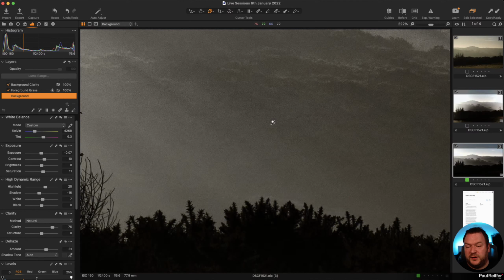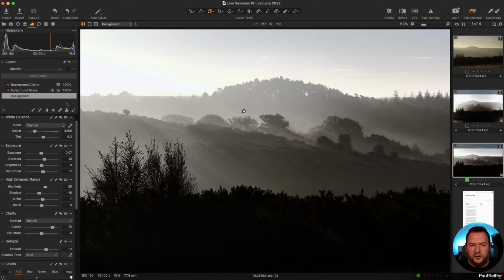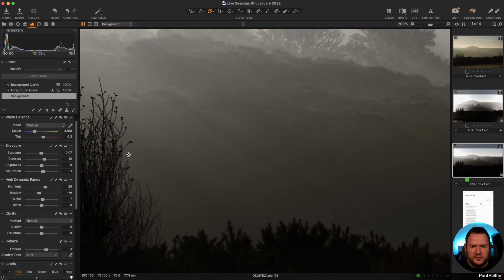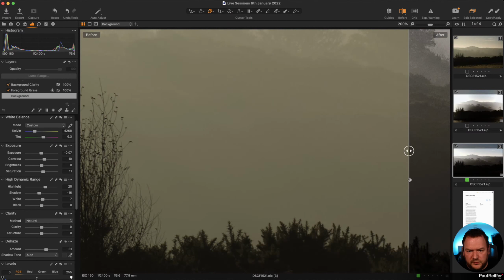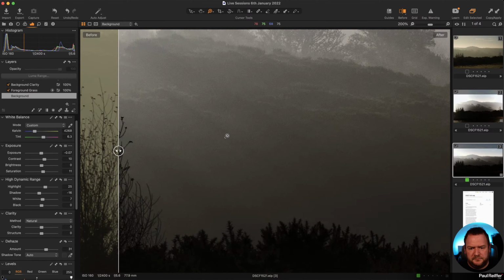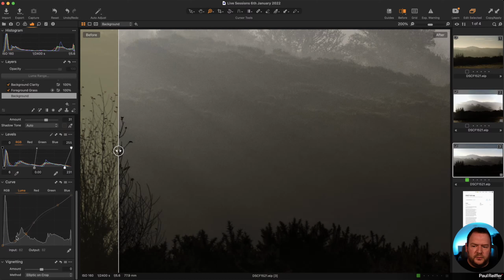Could it be clarity? Clarity can have a similar effect to structure, but on a basis of areas rather than on the basis of individual textures and finer details. But again, in this case, clarity was set to 0. There are some other layers in here where we've got clarity on the background at 31. That wouldn't really do it. Not really bushes, sorry. It's not going to be on a heel layer. So what could be causing this to go from smooth to pretty noisy or pretty grainy? And then I scrolled down and saw this.